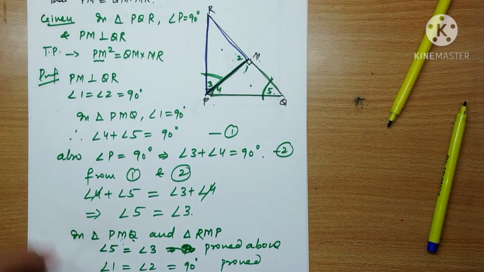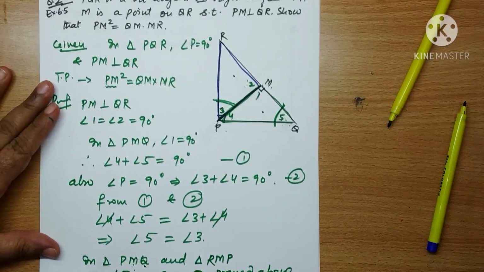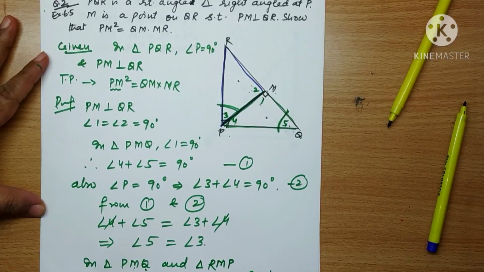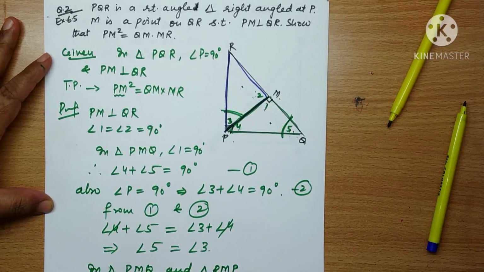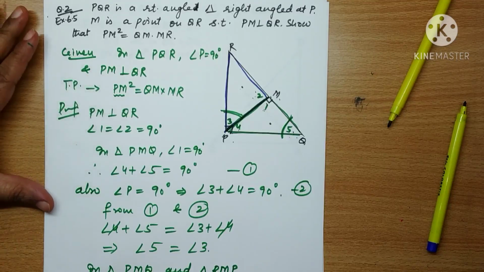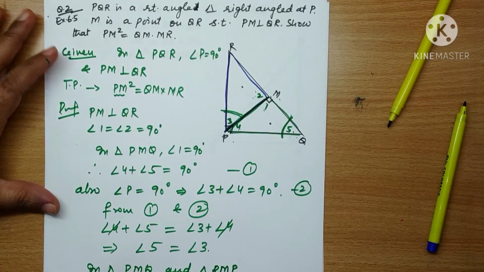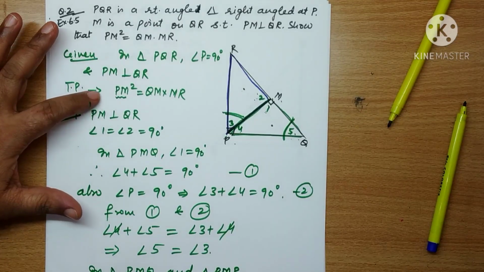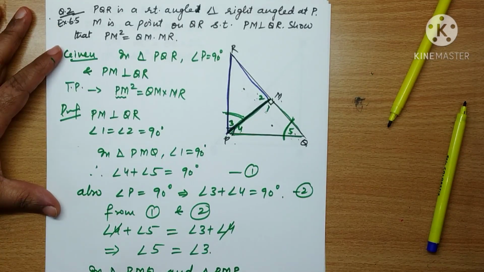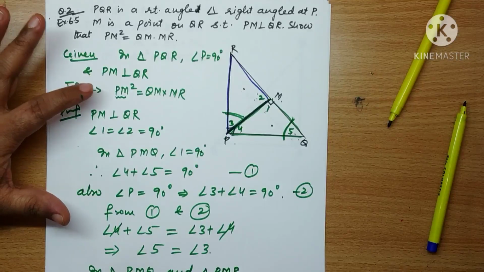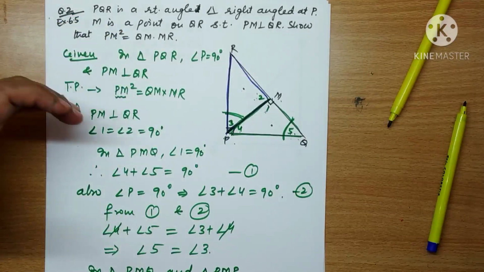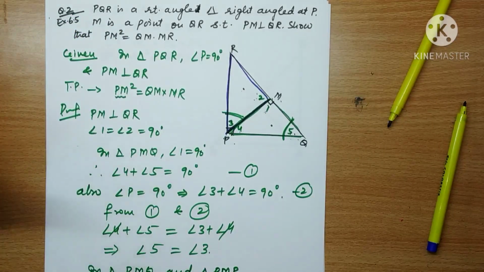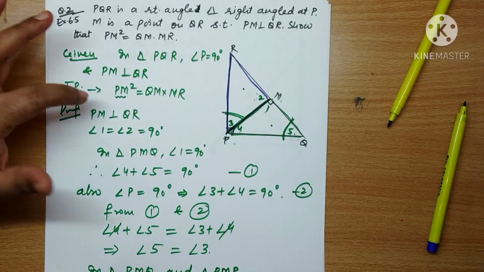So you need to read the question thoughtfully and you need to observe. Spend some time reading it carefully and thoughtfully so that you are able to analyze it properly. I need to prove PM square is equal to QM into MR. So obviously this is a question of similarity of triangles, because PM square equal to QM into MR is a product of two sides equal to product of two sides. That means here we do not have the sum of the squares of the sides.